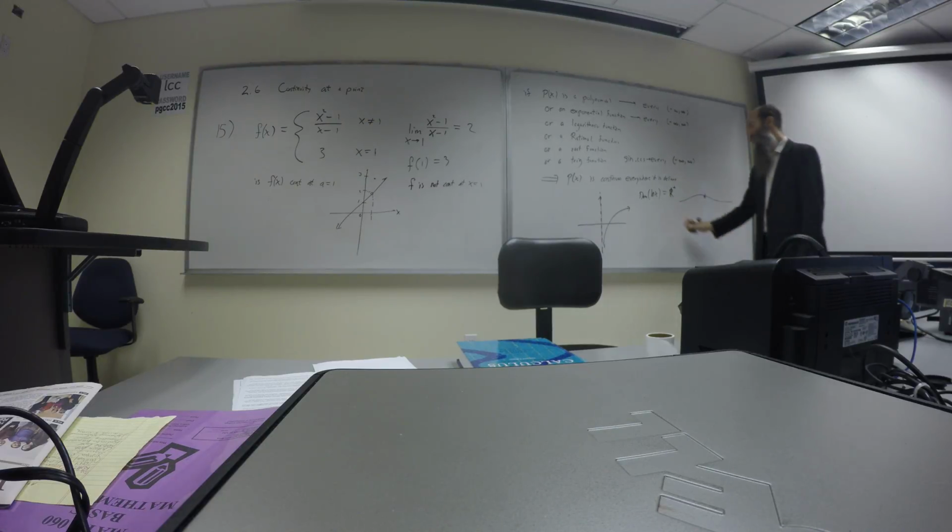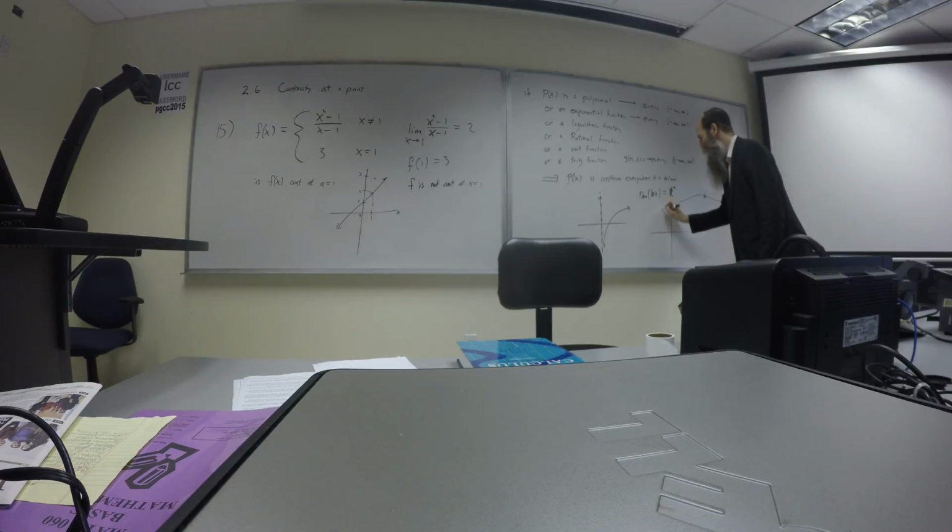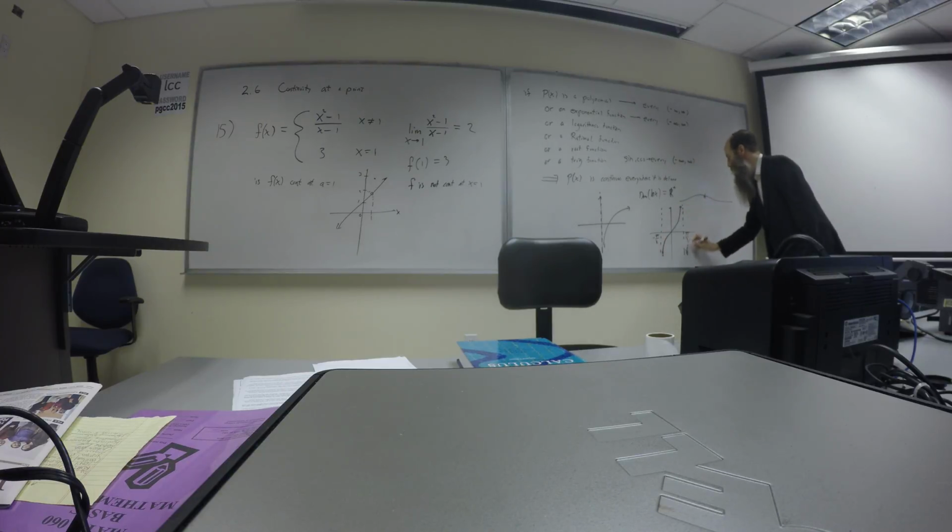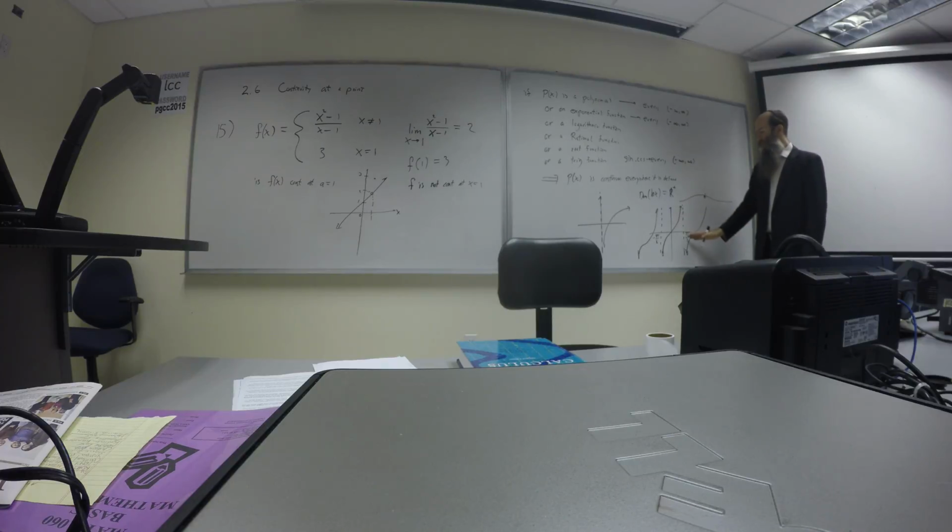Tan. We just drew it a second ago, and I'm picking it again because I want you to remember it. Negative pi on 2, pi on 2. There is our cute little picture, and we know it repeats every pi. Tan has asymptotes at pi on 2 plus k pi. That's where it does not exist. So is tan continuous at pi on 2? No, because it doesn't even exist there. I don't care what it is, it doesn't exist there, so not continuous.